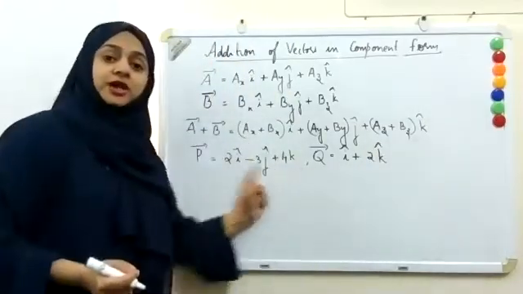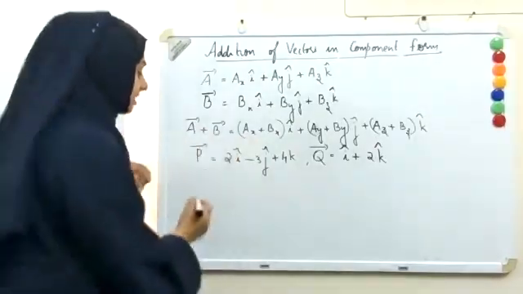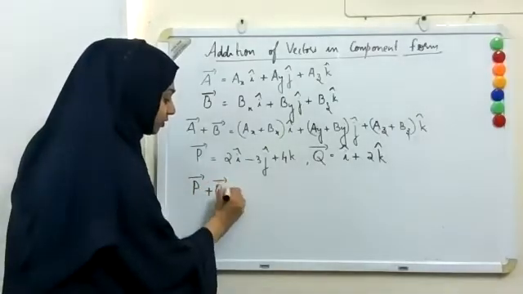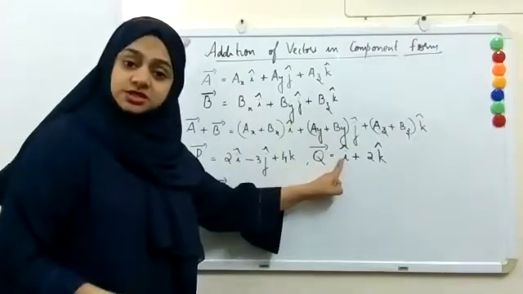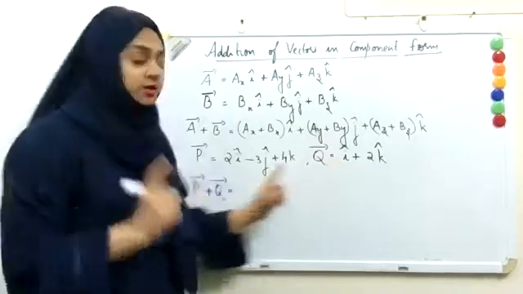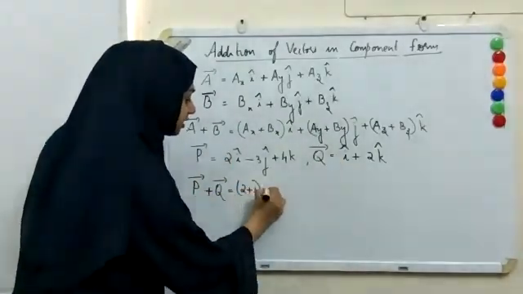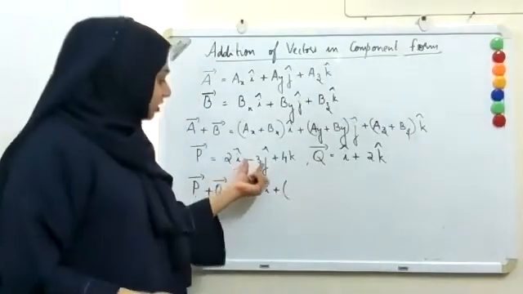Now we have to find p plus q. So you will use this idea. To find vector p plus vector q, what are the x coordinates here? 2. And if it is just i, it means 1i. So you can take this as 1. So you can write here (2 plus 1) i plus,